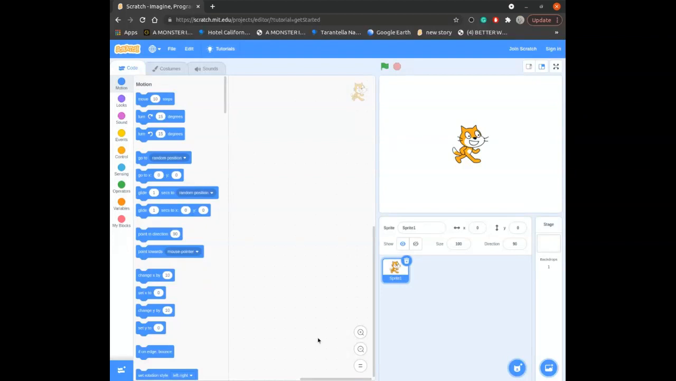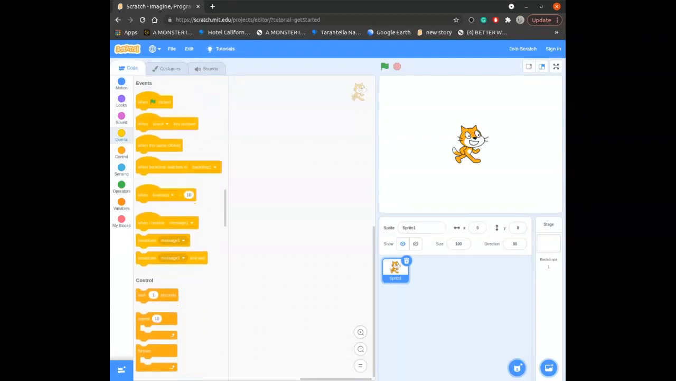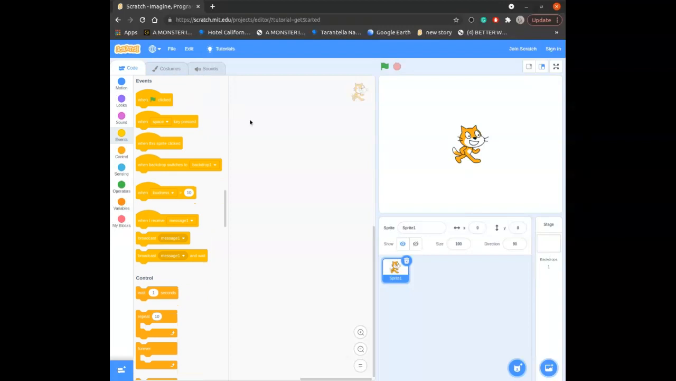Today I'm gonna show you how to use arrow keys in Scratch. So first what we need to do is go to events, drag a when green flag clicked block, make sure you have a sprite,